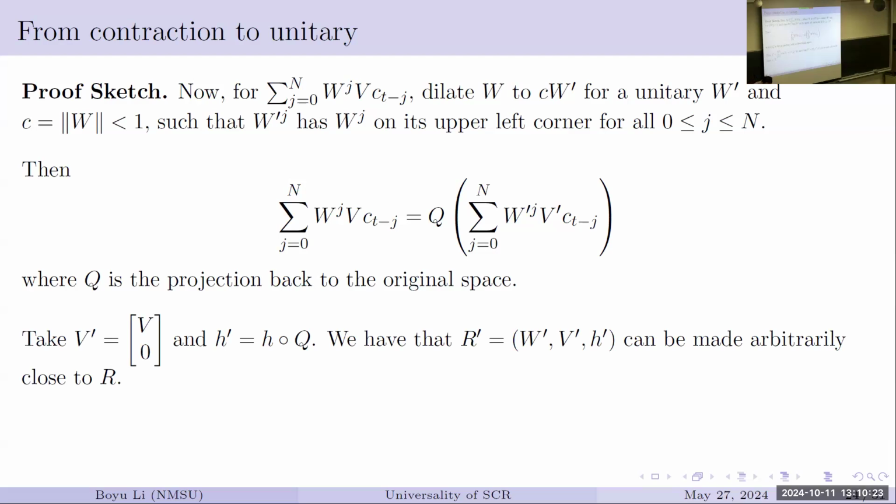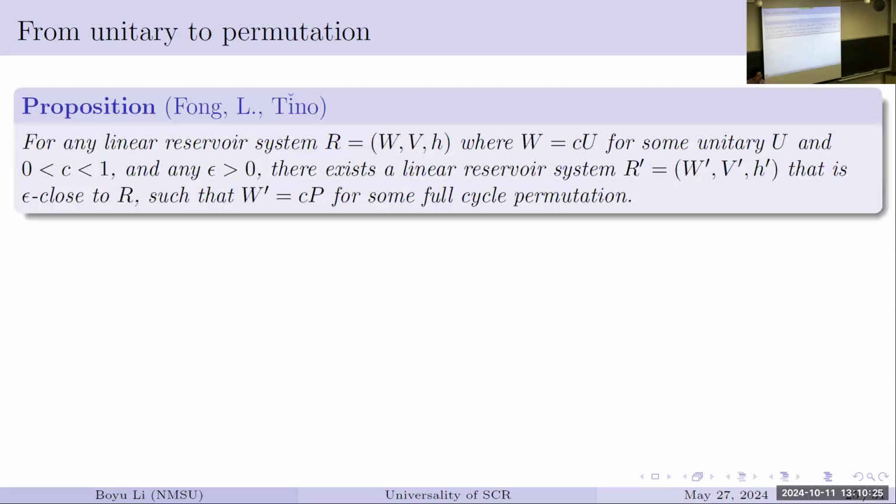All right, so from there, the next step is you move from unitary to cycle permutation. So this is the next result. Once you start at the unitary, it's a lot easier because its spectral property is nice. We can show you can always perturb it. The idea is like a perturbation. Because it's unitary, you know your eigenvalues are on the circle, so you just change your eigenvalues a little bit to match the eigenvalues for a full cycle permutation.